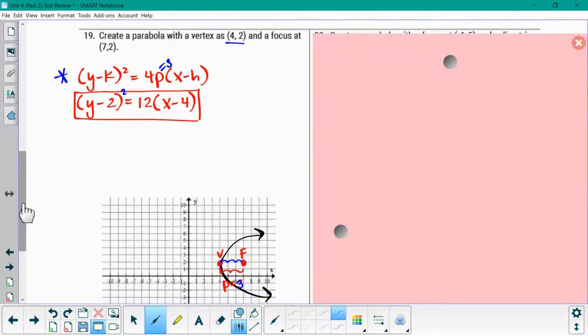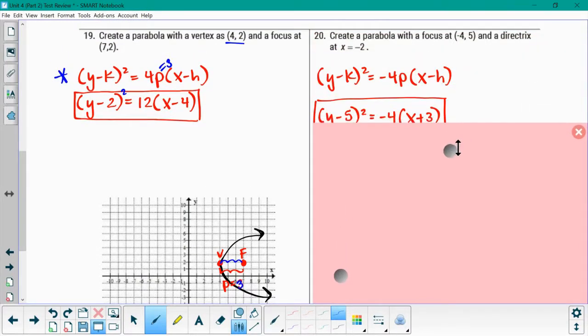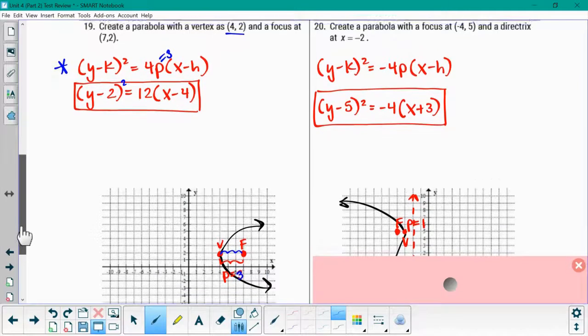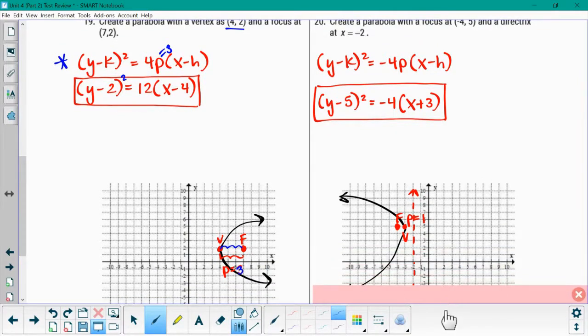Same thing almost for the last problem. Create a parabola with a focus at -4, 5 and a directrix at x equals -2. Again, I always suggest sketching what you have. For us, a focus at -4, 5 is here. My directrix is at x equals -2. Now, the vertex is going to be the point in between your focus and your directrix. So I don't have very much space to work with, but I know that if there's 2 units, the midpoint is 1 unit away. So my vertex is sitting here